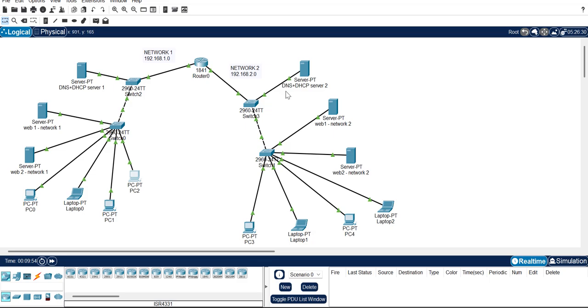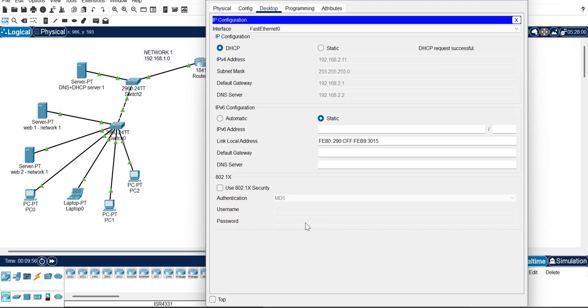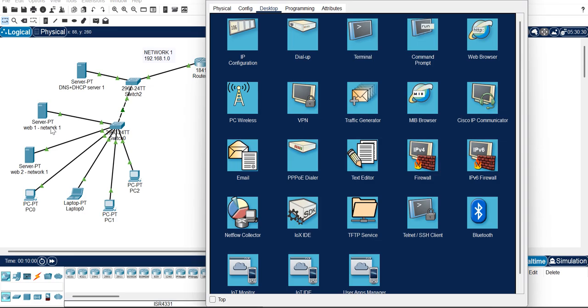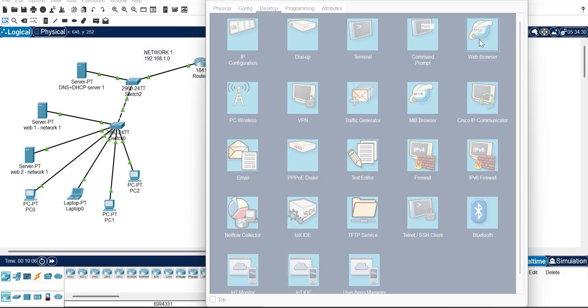Now let's try the simulation. Firstly, let's try accessing our website 1 in network 1 through our laptop in network 2. As you can see, laptop 1 is in the network 2 setup, and we'll be accessing website 1 of network 1 through it.